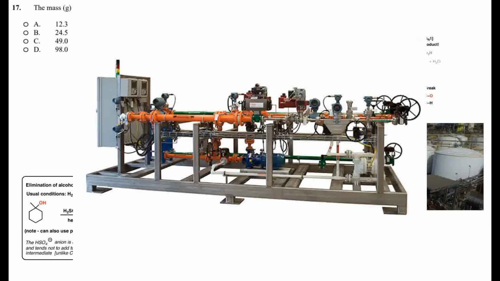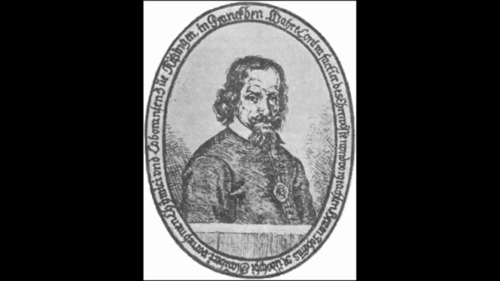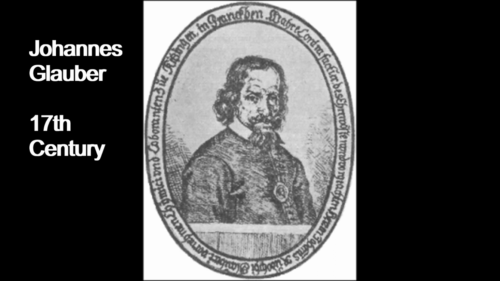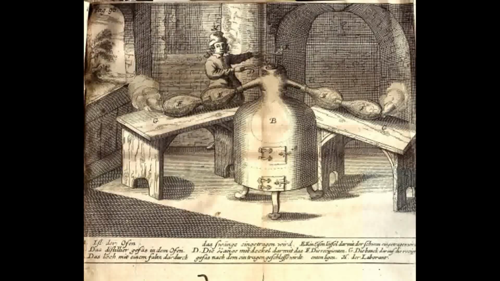There is a whole world of engineering and science that is glossed over in this problem, so let's first find out where this all begins. This man's name is Johann Glauber. In the 17th century, this German-Dutch chemist first prepared sulfuric acid by burning sulfur together with potassium nitrate in the presence of steam. As the potassium nitrate decomposes, it oxidizes the sulfur to sulfate, which combined with water to produce